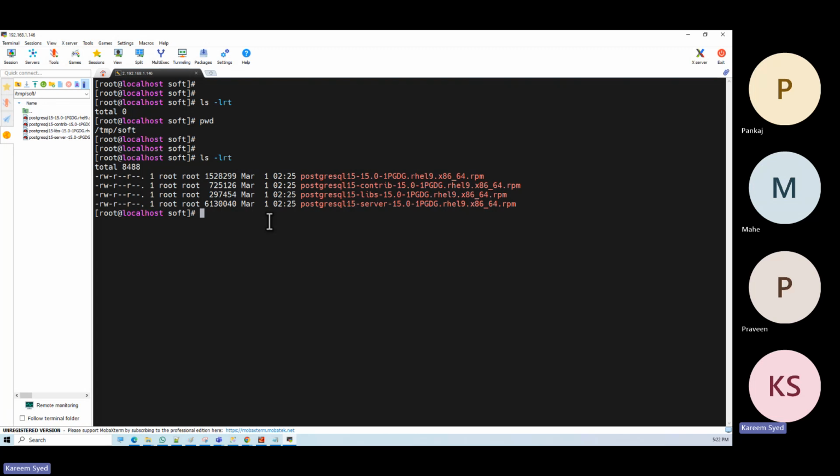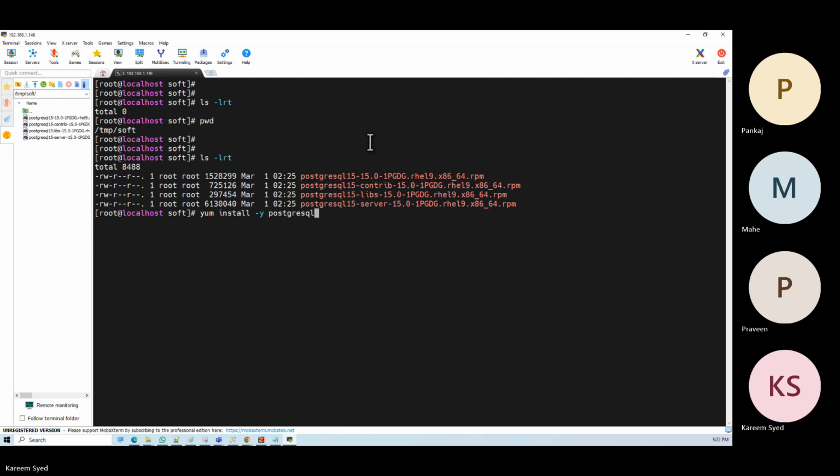Okay, one option is we can install one file at a time. Otherwise, we can run the setup by saying Postgres 15. Automatically, the yum installer will take the files in the required sequence. No need to get confused about what goes first. Directly we can run the setups by using yum install -y